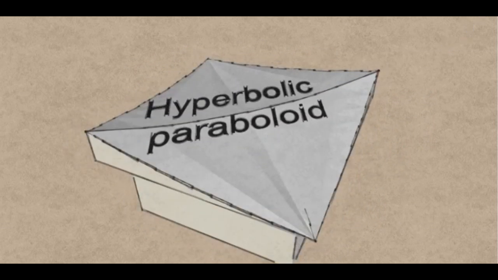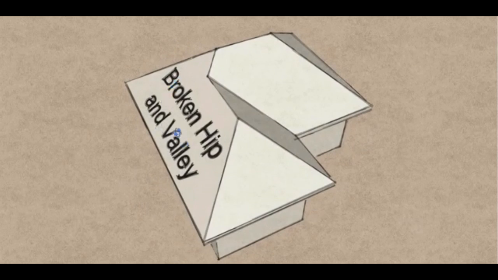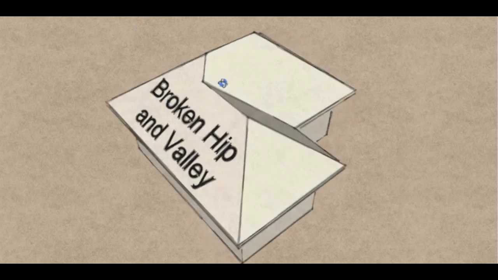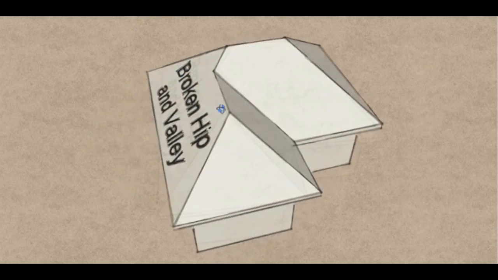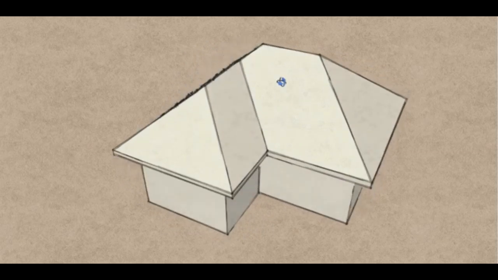So that's all the roofs. Now you probably rarely see one of these by themselves. Lots of times, even with a broken hip and valley, they'll have a gable or a Dutch gable stuck on one end. They're all going to be used in combination to create the roof on the particular house that you're building. But that's the names and the basic forms that we use to construct